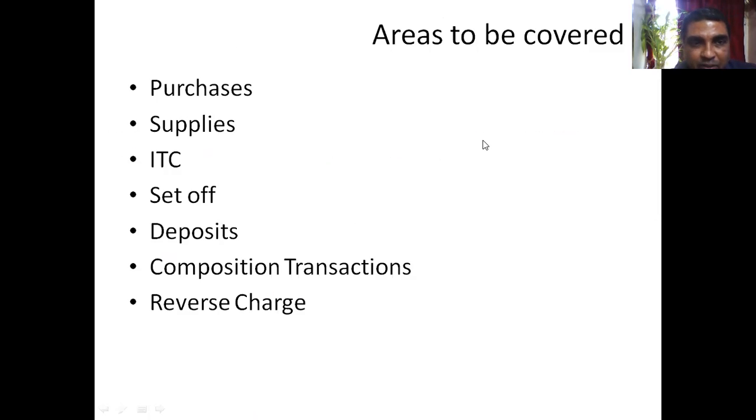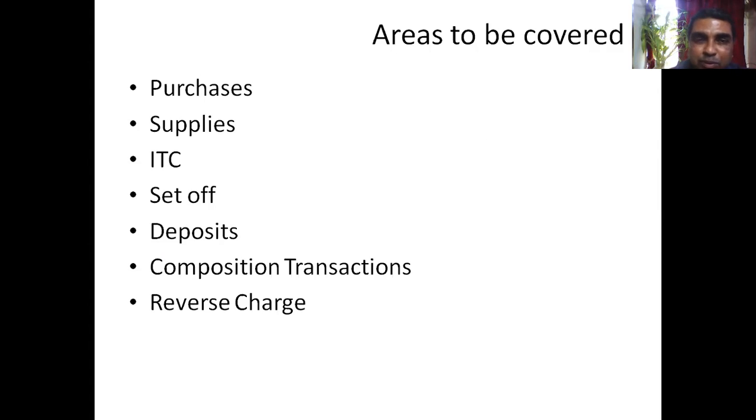Now, there are various issues while talking about accounting aspects of GST. Different kinds of purchases are there. You can imagine when you purchase, there can be CGST input, SGST input, IGST input. There is one more thing. Maybe in some cases reverse charge is applicable. Some of the purchases might be B2B. In some cases it might be a B2C purchase. Some purchases might be from unregistered dealers.